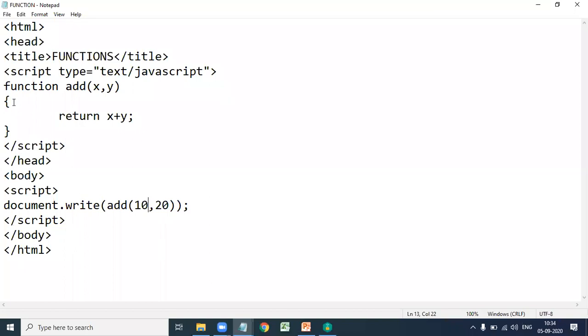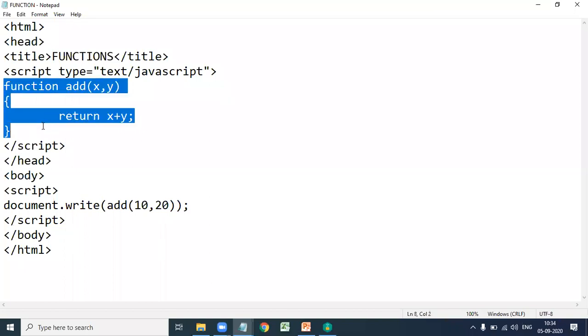See, this function can also be written in the body section. So let us try this one.